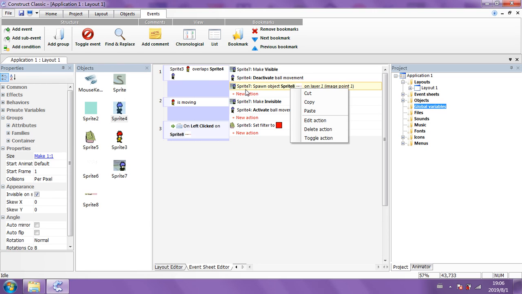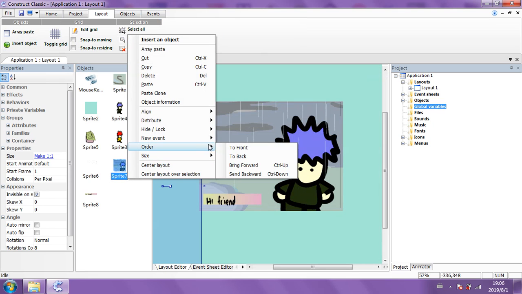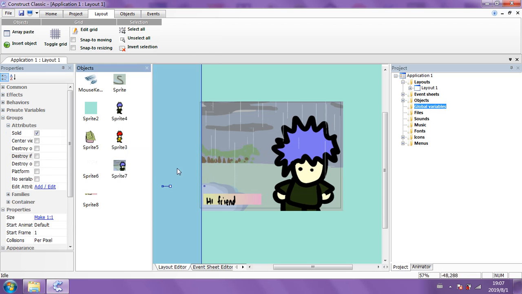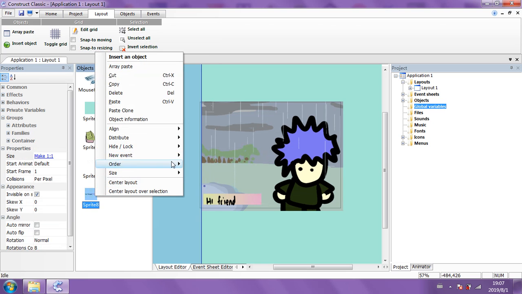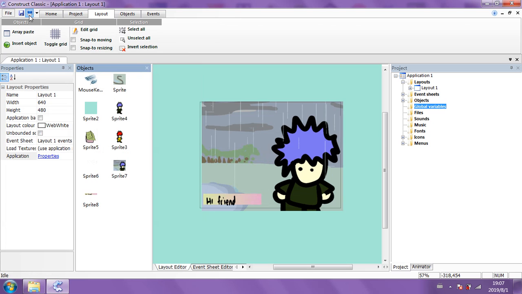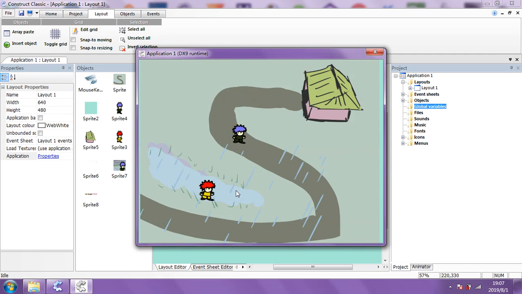Let's check what layer these are on. Okay, so layer number 7 is on, in terms of what order, I mean. Bring to front, and then bring this one straight to the front as well. So in front of that now. See what happens with that. It's going to spawn it to the front, which is what it should do. And then when I move away, it should destroy it. That should make sense, right? That's all we want, to destroy it in the beginning, like it is now.